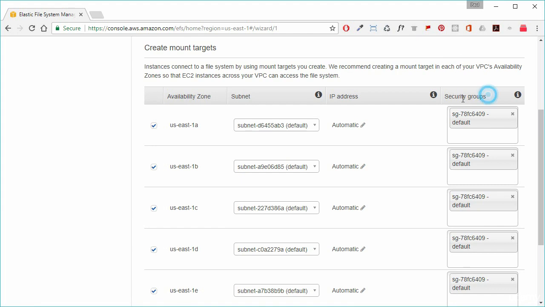Then we have our security groups that will be associated with this mount target. I'm just going to leave it for now with the default VPC security groups that are being auto-populated for me, but we will change that later on to add the security group that is associated with the EC2 instance that we're going to create later. So I'll just